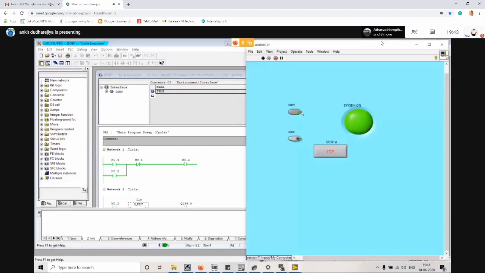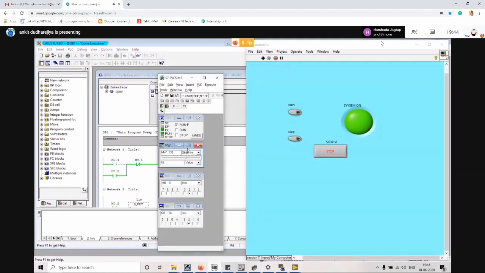Right, so when we press the switch, our system on indication is on, and it is updated in our PLC as well. Now suppose I turn off that switch, and now I'm updating it from the PLC. First we updated it from our SCADA or from LabVIEW. Now we will update it from the PLC. I'm pressing the number 5 switch, and you can see it has been updated in our PLC as well as in our SCADA. So our output is off.